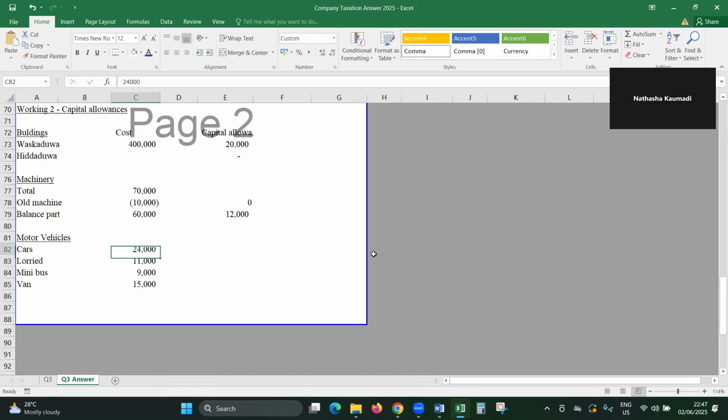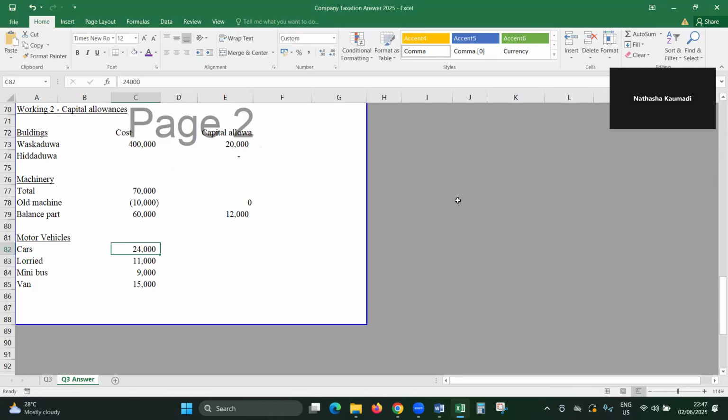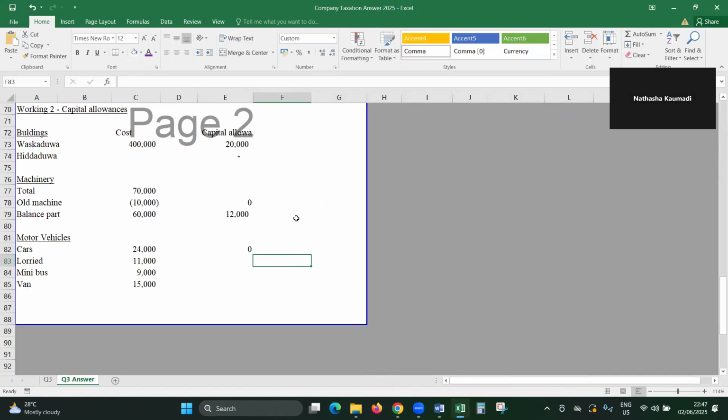Now can you claim capital allowances for this column cars? Those are used by directors. No capital allowances. Why? Used by directors. You can't claim capital allowance. Lorries. Can you claim capital allowances? Yes, of course. That is for business purpose. Purchase date, acquisition date is also within 5 years, not fully claimed. So you can take 11,000